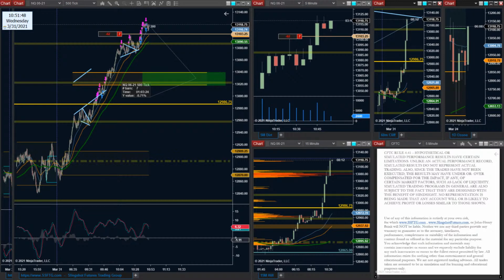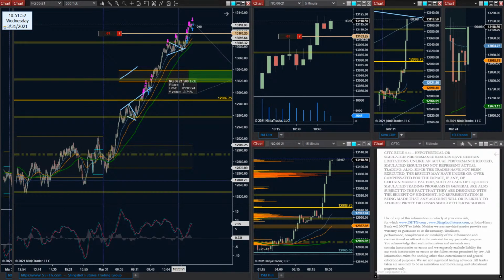Yeah, a lot of the move happened before the U.S. session, and that's something that's been happening a little bit more frequently. I mean, really, the bottom of this move was at 145 this morning, and it started rallying since then, the majority of the rally happening between 5 and 6. So, I mean, yeah, you snooze, you lose, I guess, right? There's nothing you can do about it, I guess. Oh, well.